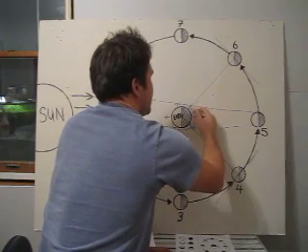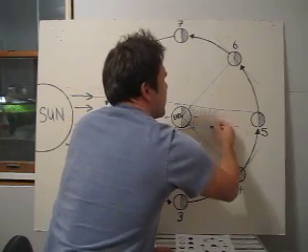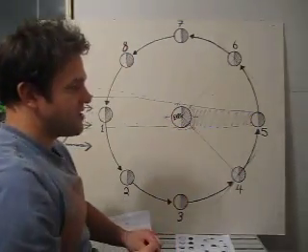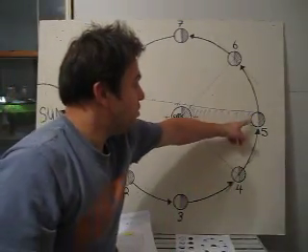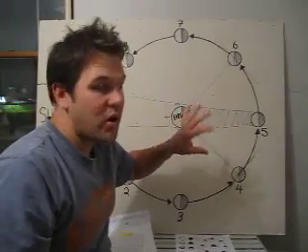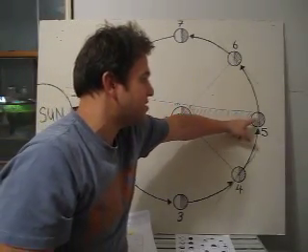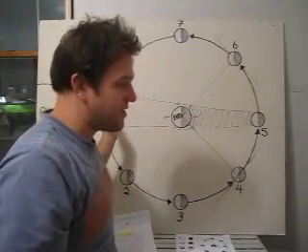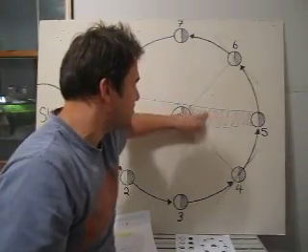This whole thing here, the shadow from Earth falls on the moon, and instead of seeing a full moon like normal, every once in a while you'll see a lunar eclipse. So this half of the moon that should be lit up by the sun